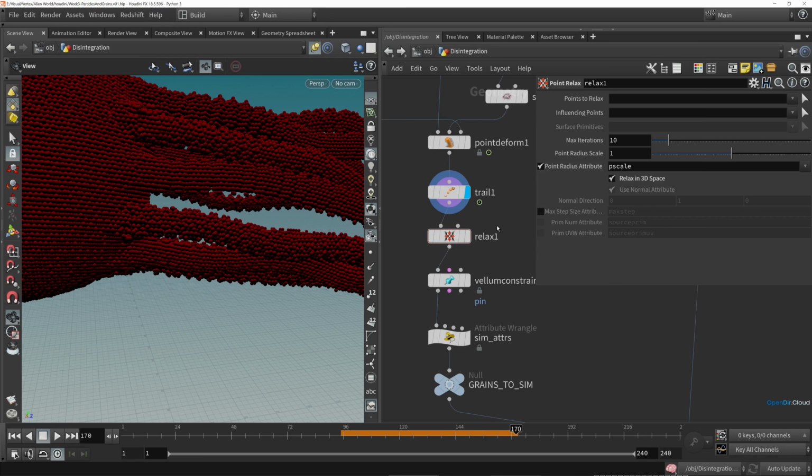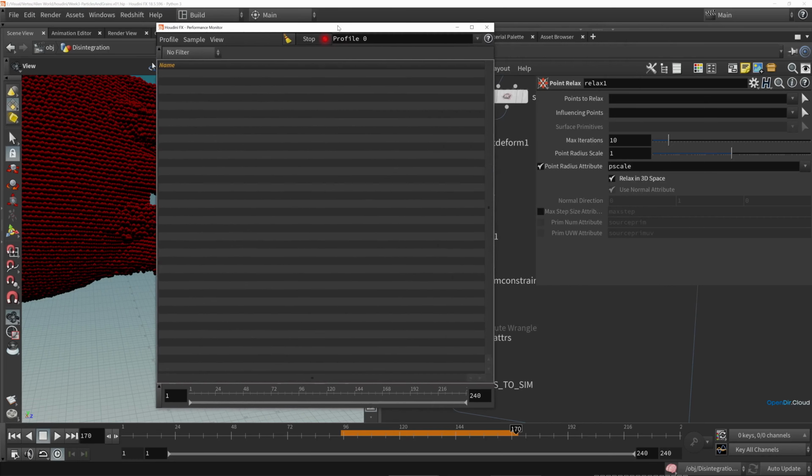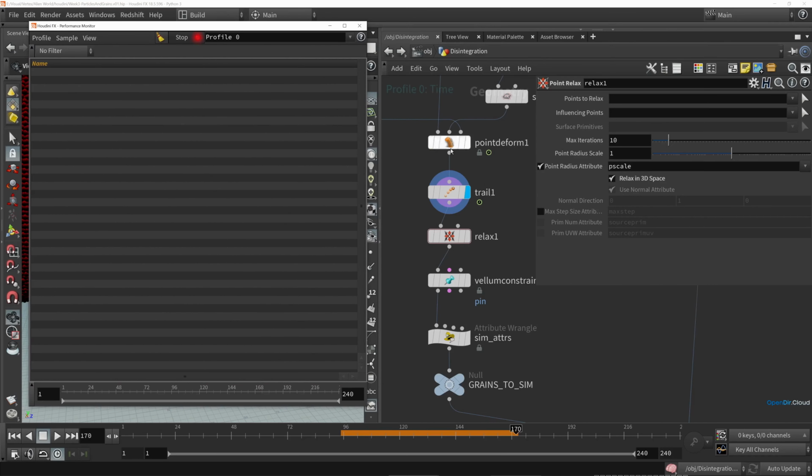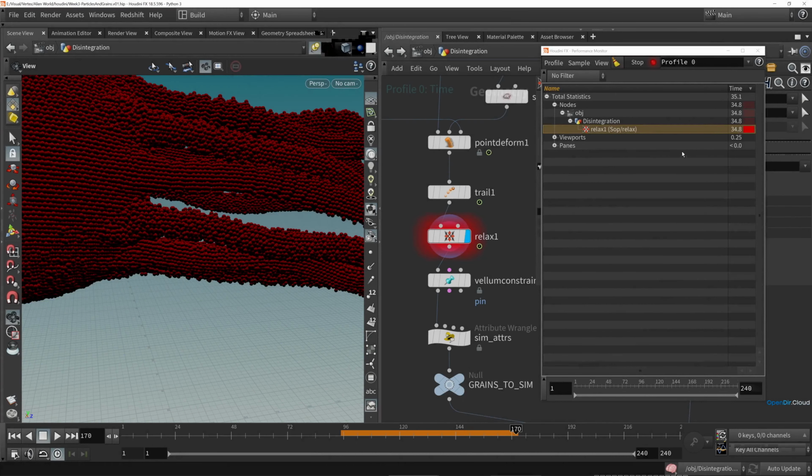And because this can be a slow process, I'm going to use the performance monitor to see just how much of a computation hit it is to do this point relaxation. So this is kind of a slow process. This is taking over 30 seconds per frame to relax all these points. And because this is a bit slow, that's actually, I think, slightly slower than the Vellum computation of the actual